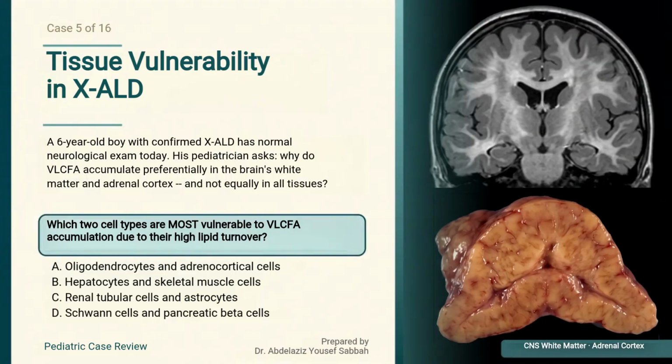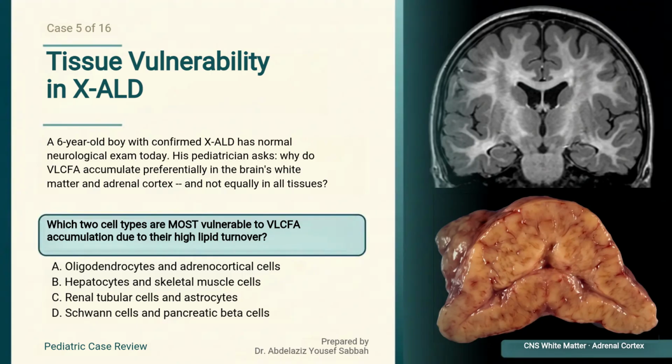Case 5. A 6-year-old boy with confirmed X-linked adrenoleukodystrophy has a normal neurological examination today. His pediatrician asks a thoughtful question. Why do very long-chain fatty acids accumulate preferentially in the brain white matter and the adrenal cortex, and not equally in all tissues? Which two cell types are most vulnerable to very long-chain fatty acid accumulation because of their high